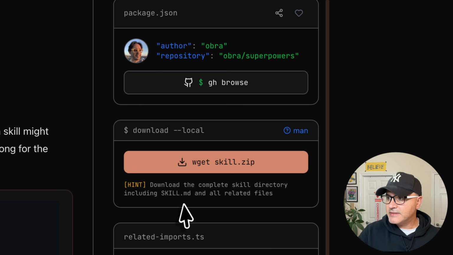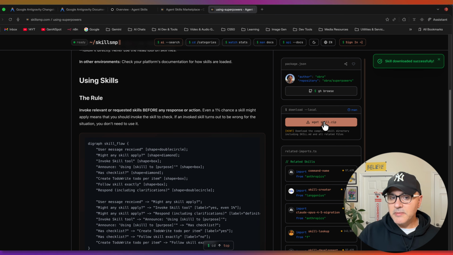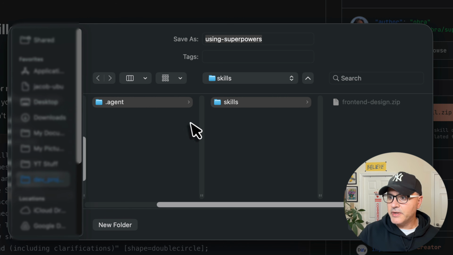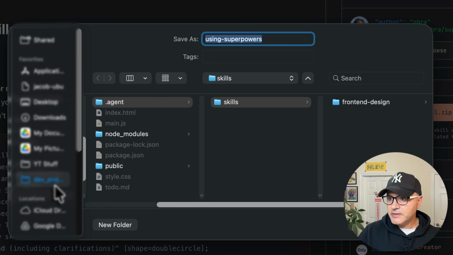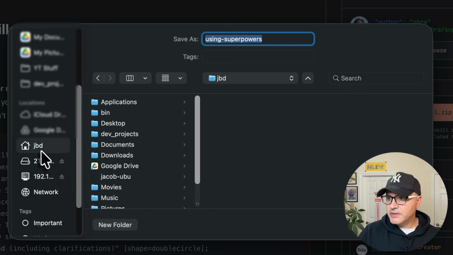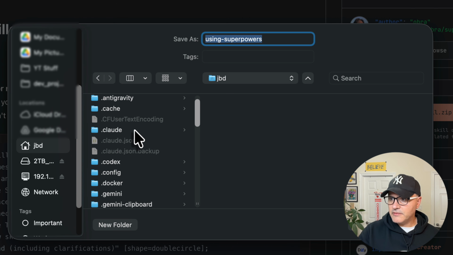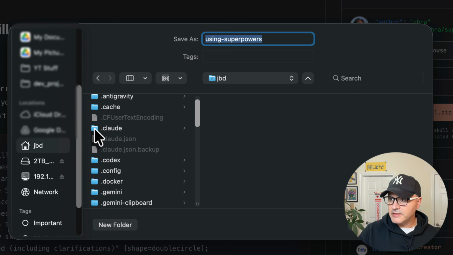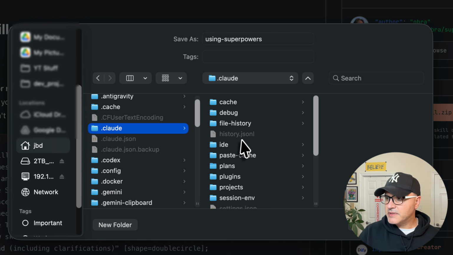So let's add this to the main one, right? So let me show you how I do it for my main one. So I'm going into my user directory, and I will go into the Gemini folder. I need to enable hidden folders. One second. And scroll for the Gemini. You know what? I'll do it for Claude too while I'm at it. So Claude, you go to skills,